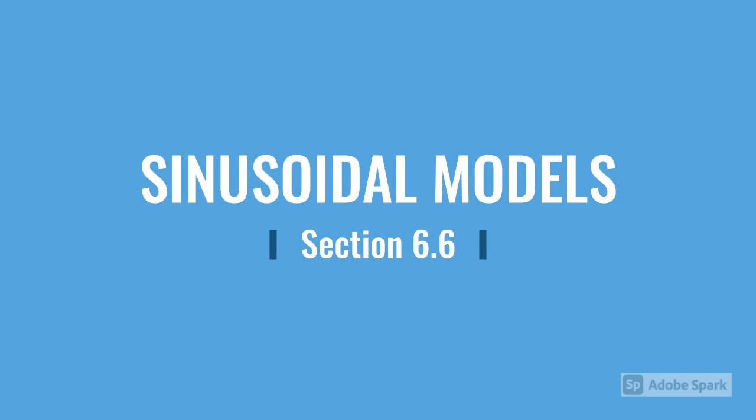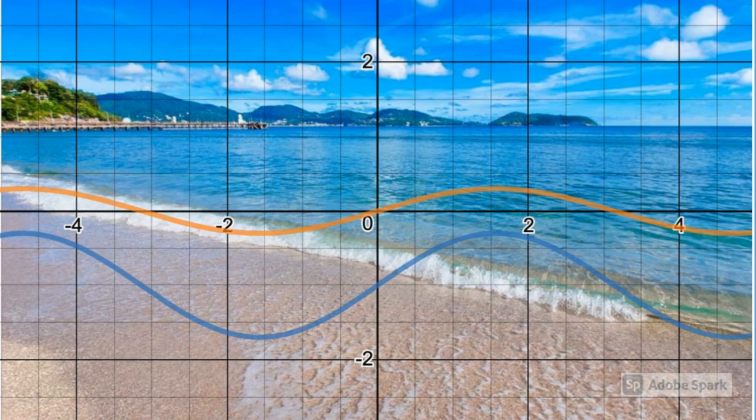This video is an introduction to the last section of Chapter 6. It's called Sinusoidal Models. A sinusoidal model can refer to either a sine or a cosine graph and is used to model things that go up and down in a repeating pattern, like high and low tide at the beach,